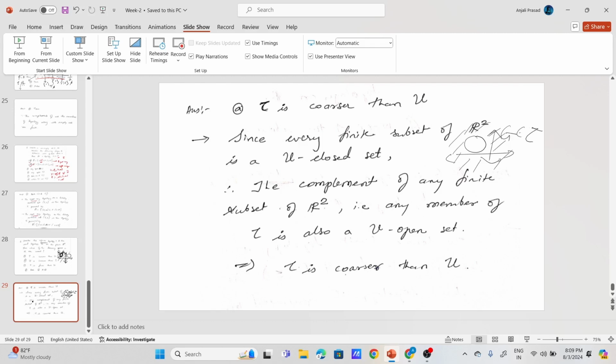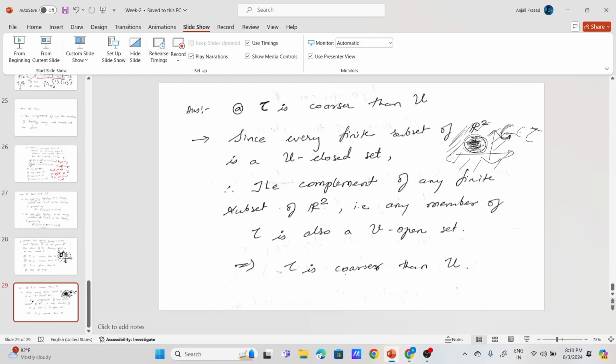पर मैम ये डिस्क का जो कॉम्प्लीमेंट है, तो वो तो इनफाइनाइट है मैम। हाँ, तो हम इसको ले रहे हैं ना, डिस्क को नहीं ले रहे हो आप मेंबर, आप जो बाहर का पार्ट है उसको मेंबर ले रहे हो, तो इसका कॉम्प्लीमेंट क्या आ जाएगा, ये डिस्क आ जाएगा। डिस्क के अंदर जो एलिमेंट्स हैं वो भी तो मैम इनफाइनाइट हैं। डिस्क आप पूरा ले रहे हो, अंदर का भी पार्ट पूरा ले रहे हो।